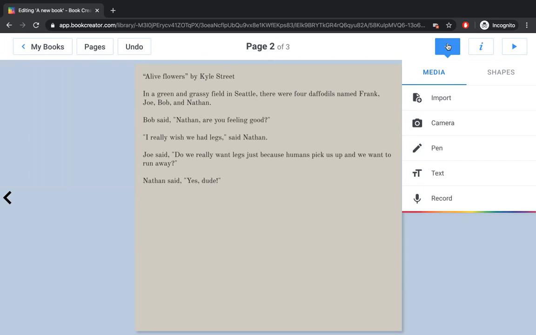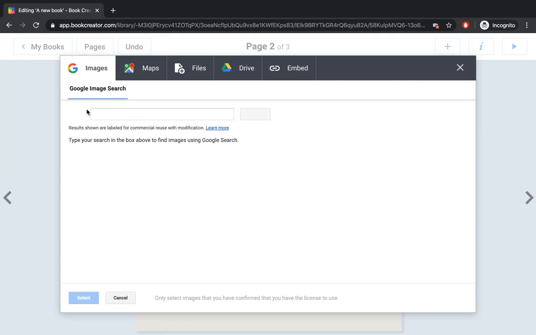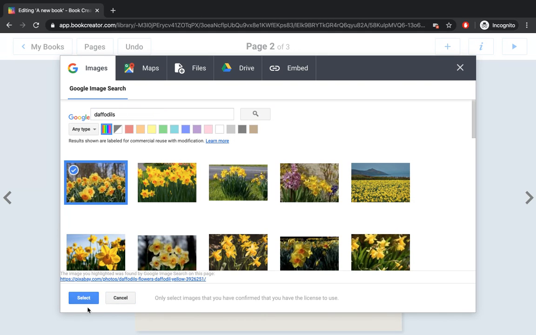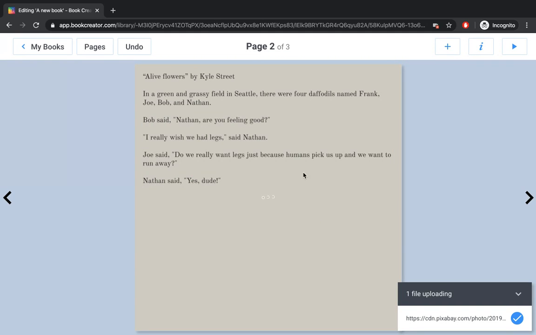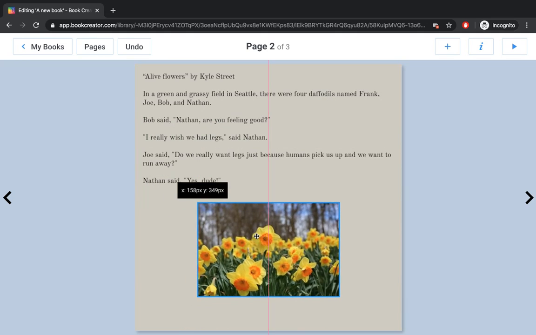And again, at this point, Kyle would import one of his drawings about something that he's drawn that's connected. Now I'm going to cheat, and I'm going to go to Google image search, and I know his story is about daffodils, so I would include a picture on daffodils, but actually for you guys, you would